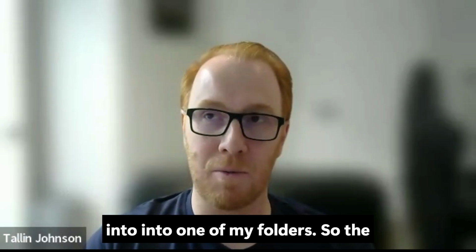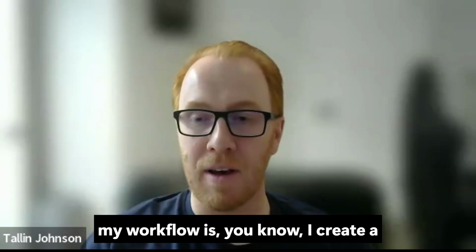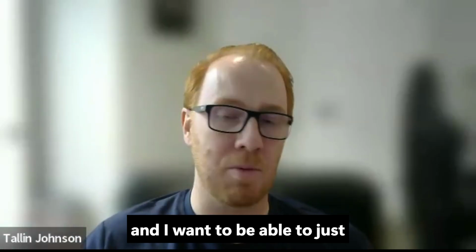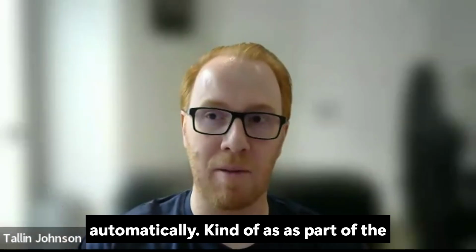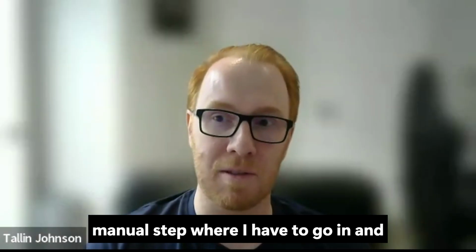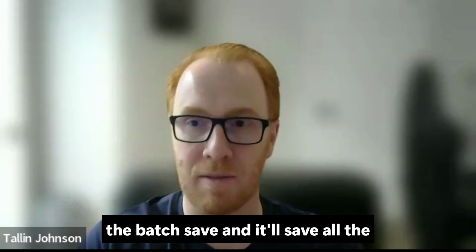one of my folders. The way I do it as part of my workflow is, I create a folder for every single one of my SKUs, and once my photos are completed, I want them to automatically, as part of the pipeline, get saved into that folder. Right now, we can save it into the folder, but it's a small manual step where I have to go in and select the right folder, and then click the batch save, and it'll save all the